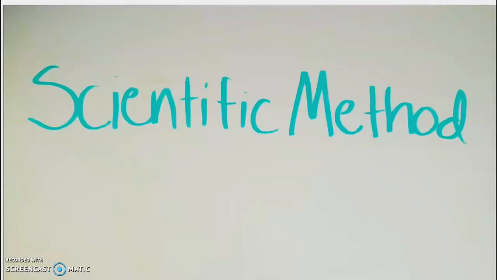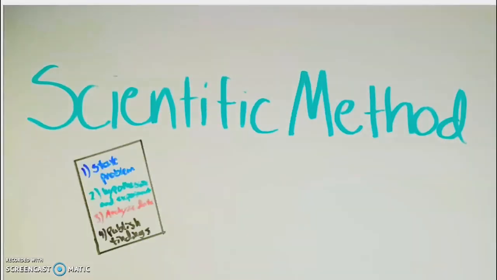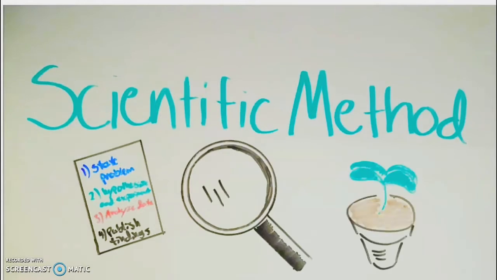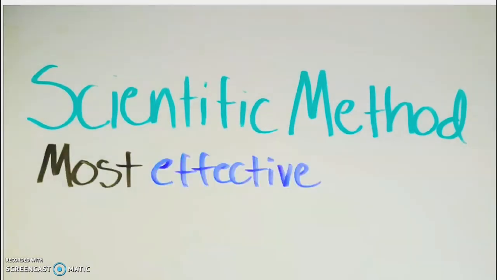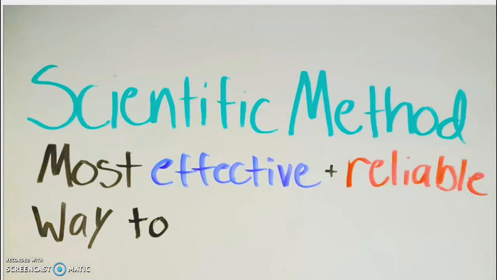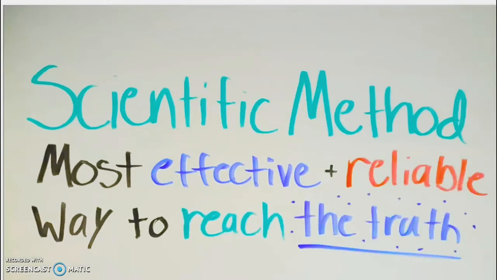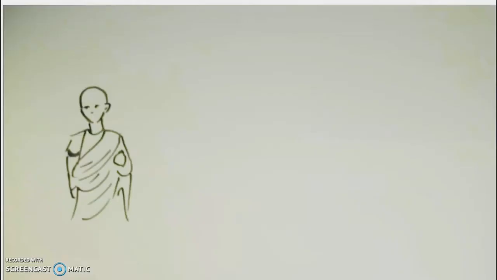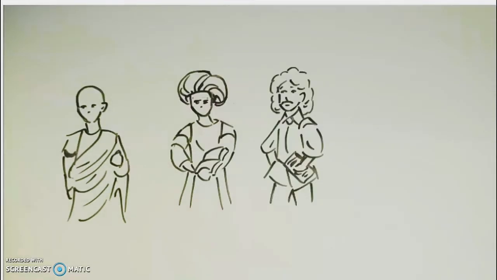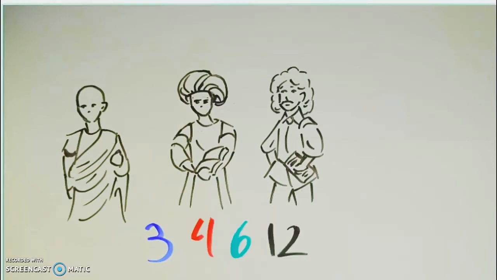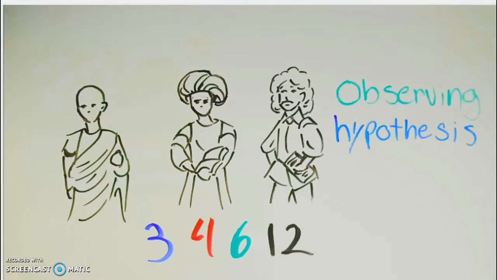The scientific method is a series of steps used to study the natural world. It's the model that has been proven to be the most effective and reliable way to discover and study scientific and social information. Throughout human history, there have been many forms of the scientific method, ranging from only 3 steps to 4, 6, 10, or 12, but they all follow the same basic ideas of observing, making a hypothesis, testing,